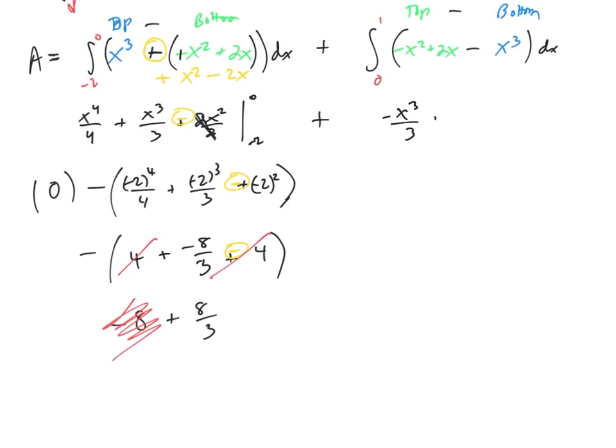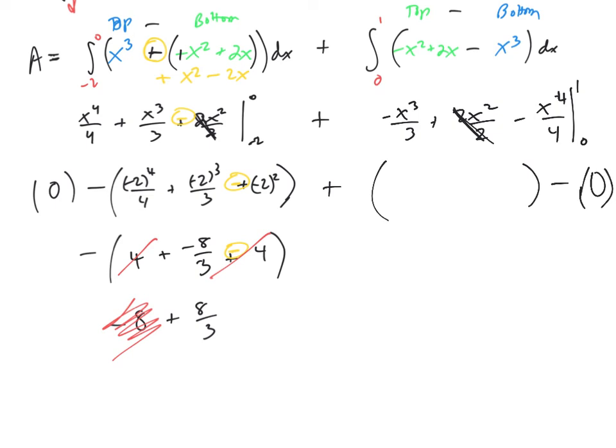Negative x cubed over 3 plus 2x squared over 2 minus x to the 4th over 4. Evaluate that from 0 to 1. This time I'm going to get the 0 at the end. My lower limit of integration, plugging the 1 in. Negative 1 cubed over 3 plus 1 squared is 1 minus 1 to the 4th is 1, so 1/4. So negative 1/3 plus 1 minus 1/4. Those are not nice numbers. But